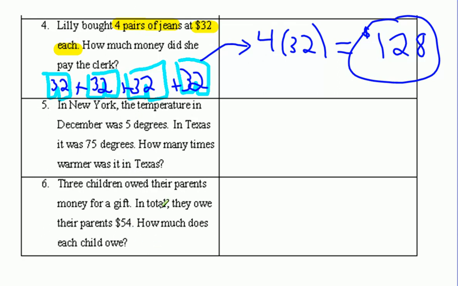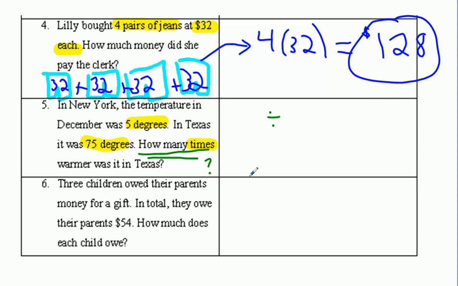In New York, the temperature in December was 5 degrees. In Texas, it was 75 degrees. Wow. How many times warmer was it in Texas? How many times warmer? Again, think about what we talked about earlier. If I don't know how many times, I can't do times, which means I have to do its opposite. So if I don't know how many times, instead of timesing, I'm going to have to